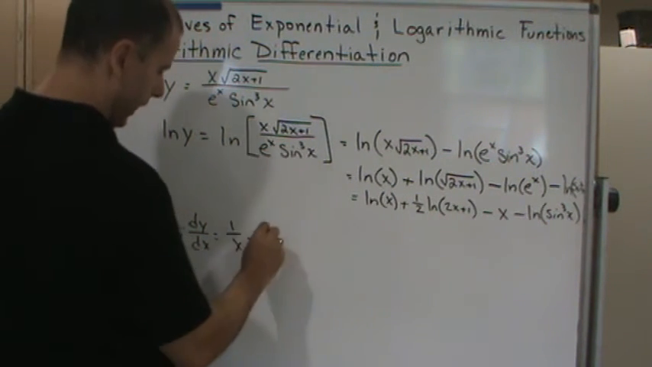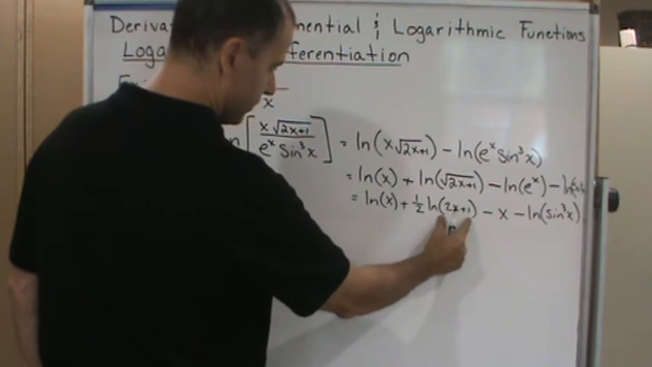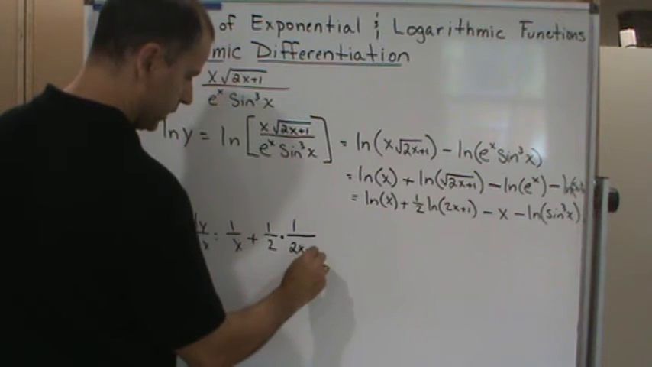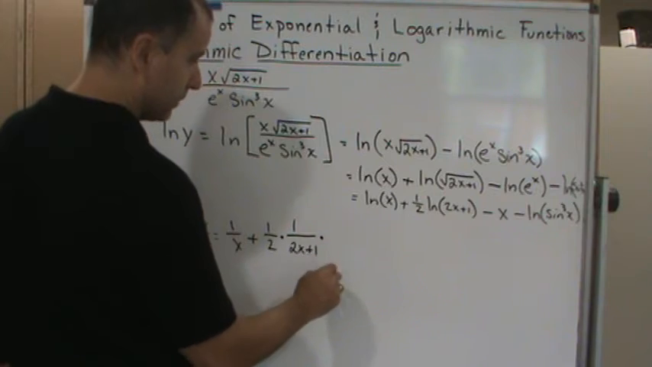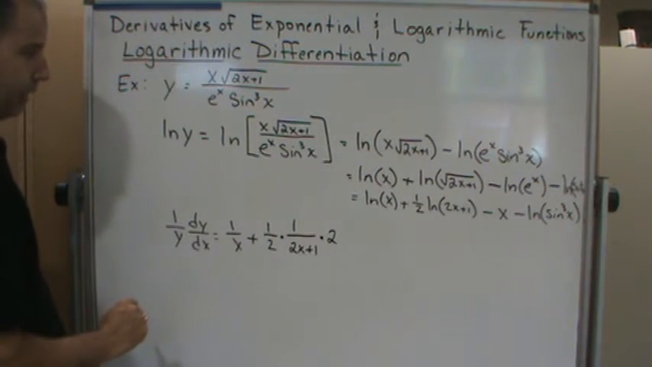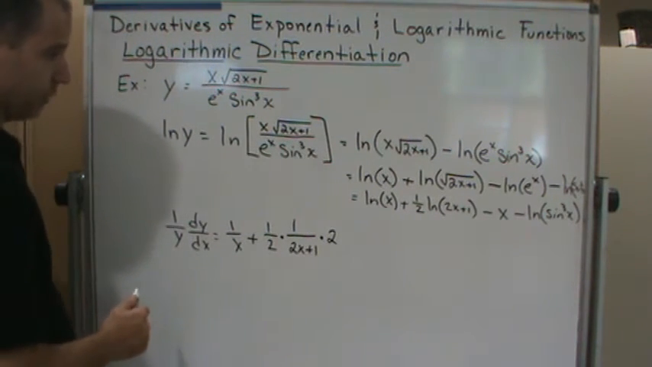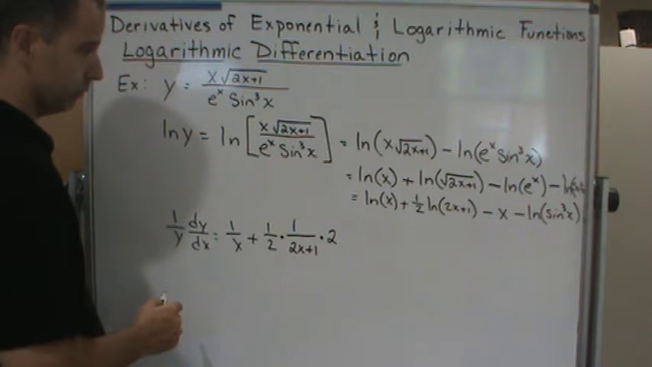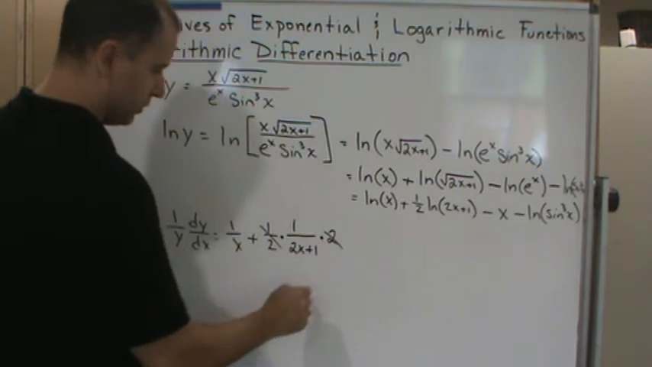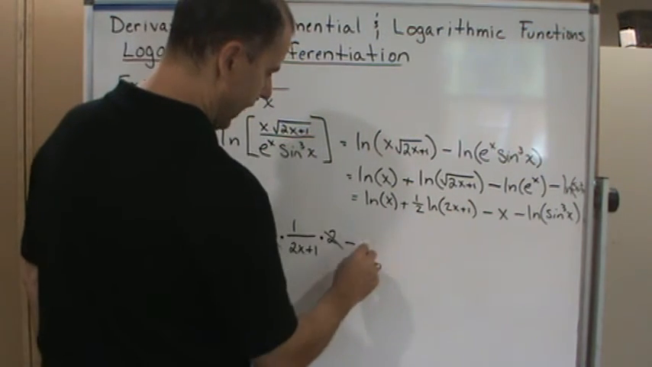plus 1/2 times the derivative of this, because that's just a constant. So this is going to be 1 over 2x plus 1 times the derivative of the inside, which is 2. Okay? Cool thing is this 1/2 and this 2 are going to cancel each other out. So 2 times 1/2 is 1. Minus the derivative of x, which is 1,